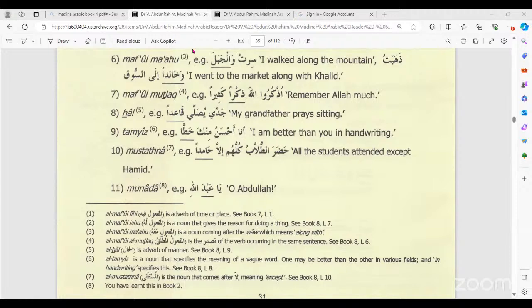Yeah, so it can be a single word, qa'idan with a fatha tanween, or if I add waw and make a complete sentence, that is also hal as well. So hal can be one word, or it can be a sentence, and it has to have waw before it. So Jaddi yusalli wa huwa qa'idun. Then you will say the whole sentence is coming as a state, like in Mawla Ali alayhi salam in Innama. وَيُقِيمُونَ الصَّلَاةَ وَيُؤْتُونَ الزَّكَاةَ وَهُمْ